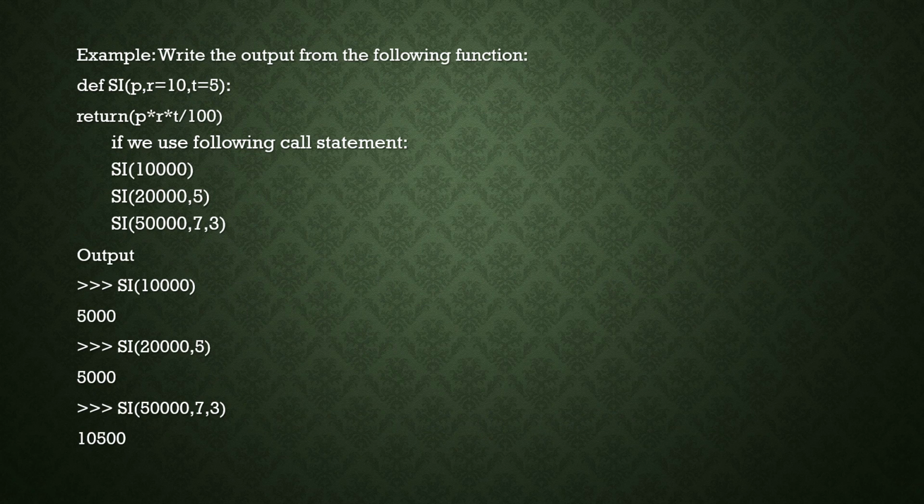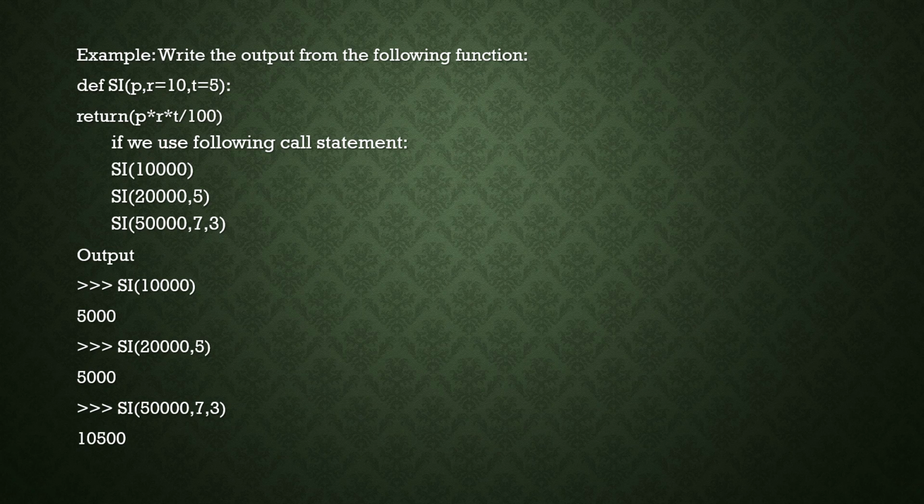and SI of 10,000, SI of 10,000, 5, SI of 50,000, 7, 3. See here what happens: the output for SI of 10,000, automatically, the value of P is not mentioned, so automatically P will be assigned as 10,000, so the answer is 5,000. In case SI 20,000 and 5, what happens is it